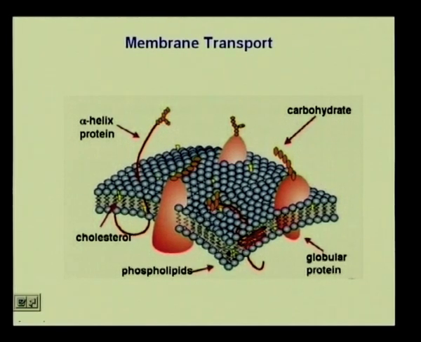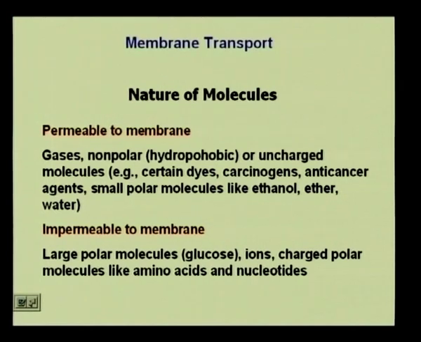But before we go into that, we will see the nature of molecules that are going to be transported. First of all, we consider those that are permeable to the membrane and those that are impermeable. For example, small non-polar, hydrophobic, uncharged molecules, small polar molecules, and gases would be permeable to the membrane because they would generally diffuse through it. But if we look at larger polar molecules, for example, ions or charged polar molecules like amino acids and nucleotides, for example, adenosine monophosphate, AMP, ADP or ATP,